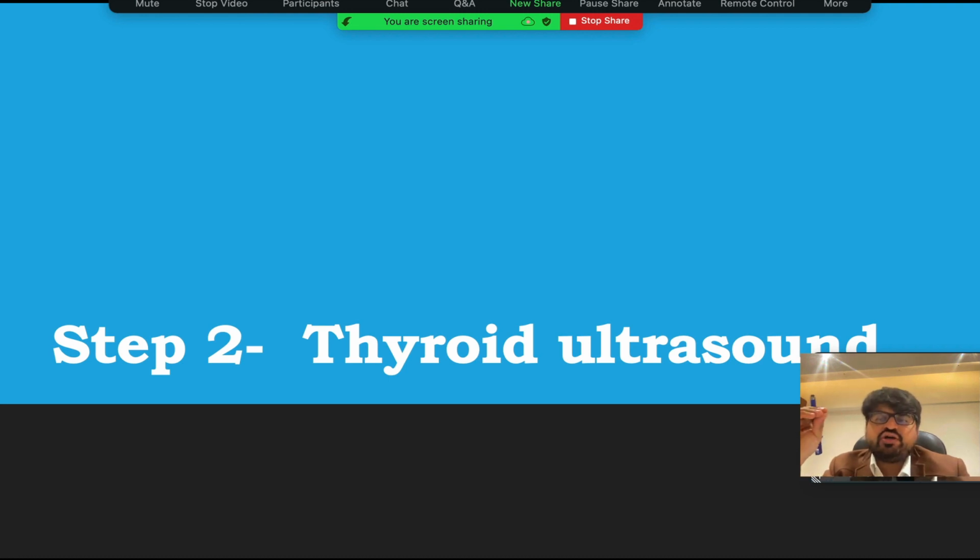One, train your radiologist or talk to your radiologist to report the thyroid ultrasound in a more standardized manner. This takes a lot of time, it takes a lot of communication, so this has to be done. Secondly, always ask for the plates to be given and always look at the ultrasound plates, and always cross verify with what the findings have been written by the radiologist. If you have any doubt, always discuss with the radiologist. So it's a simple ultrasound, but it requires a lot of communication, and I think good communication is very